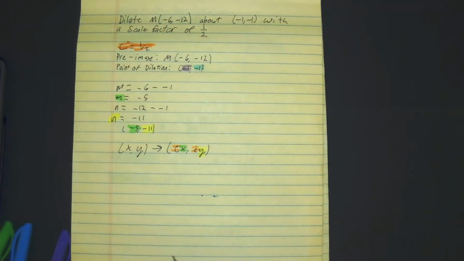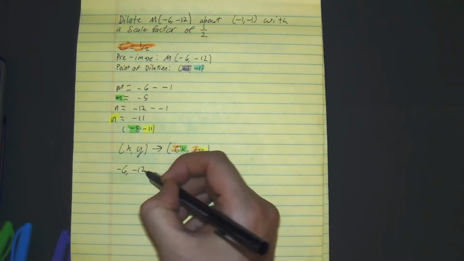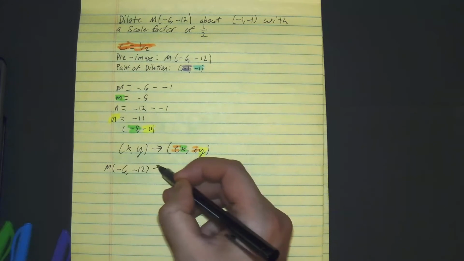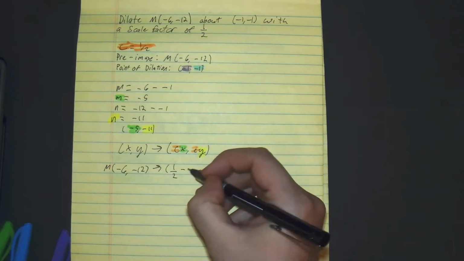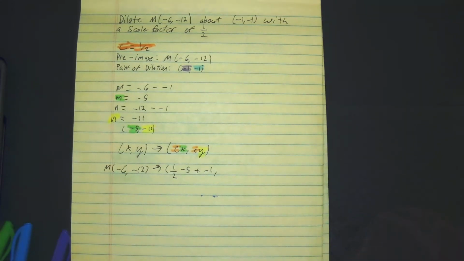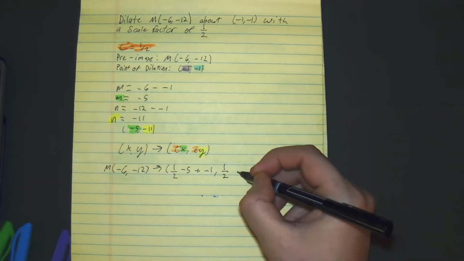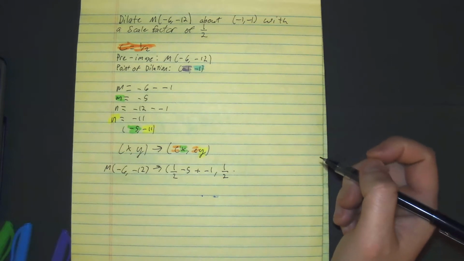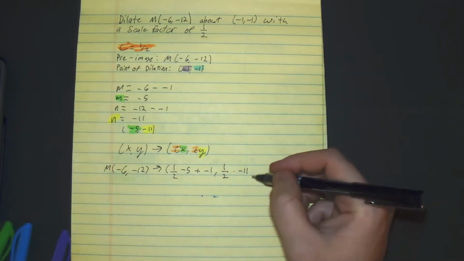Alright, let's just plug this on in to get where the location M would be when it's being shrinked. So we have -6, -12 is where we start, and then we start plugging everything in. We have 1/2 of -5 plus -1, and then we have 1/2 times -11 plus